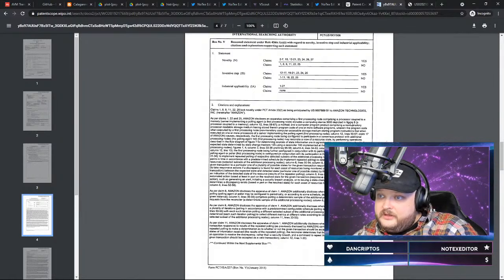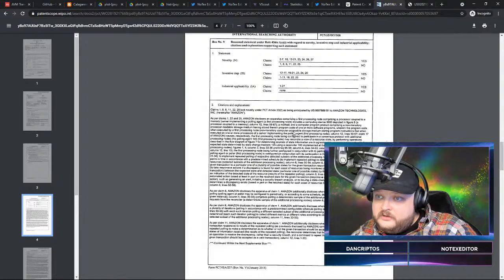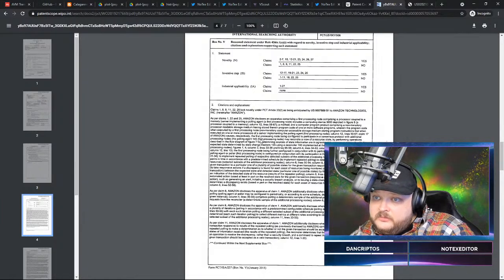Includes computer devices 3000 depicted in, blah blah blah. A computer program product comprising non-transitory processor-readable storage having stored therein program code of one or more software programs, wherein the program code when executed by the first processing node, when executed on one or more processors, the server implementing the polling agent, first processing node, blah blah blah. I don't know. Configured participating in a consensus protocol with additional processing nodes. Maybe reconciled. I have no idea.